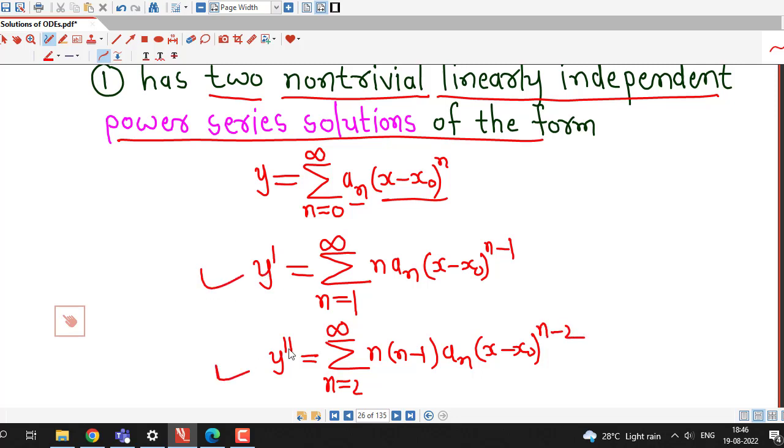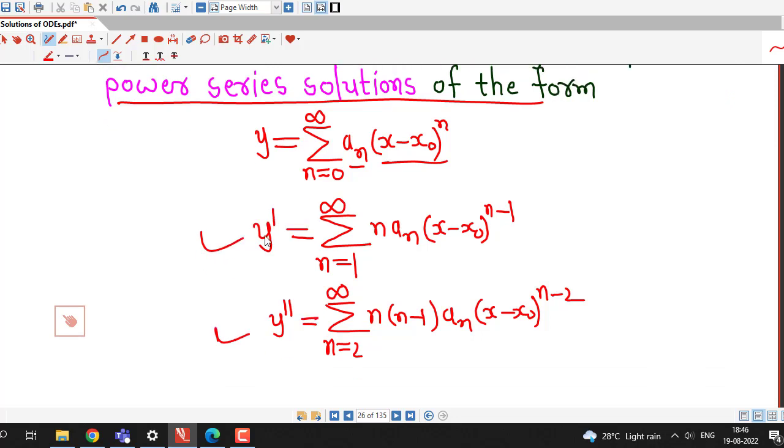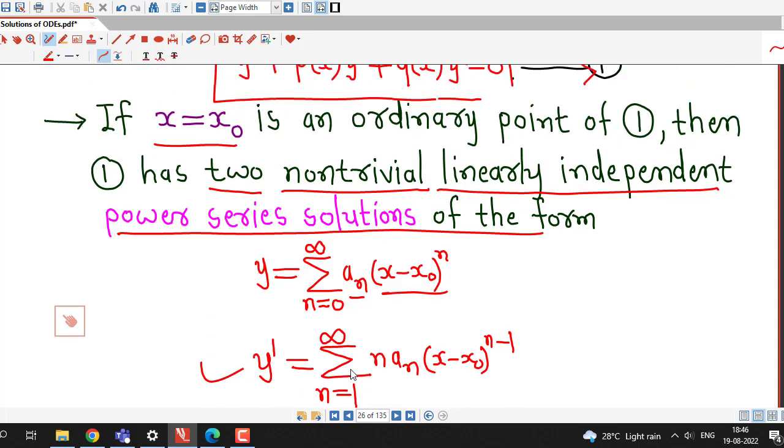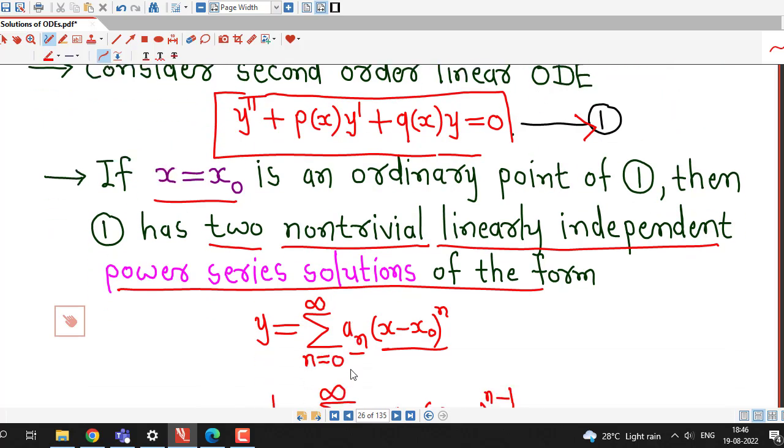So this we will write directly when we are solving the differential equation, and we will take care that here n starts from 0 to infinity, in y dash it is from 1 to infinity, in y double dash it is from 2 to infinity, and then we substitute all these values of y, y dash and y double dash